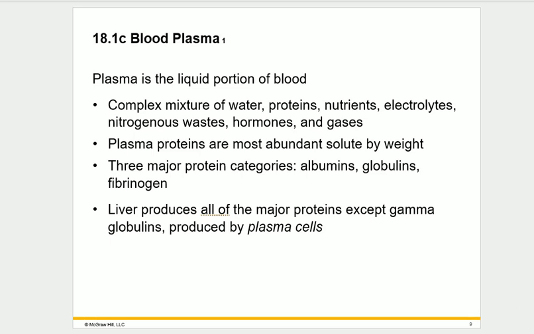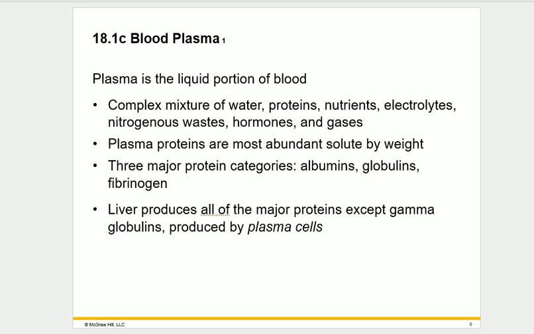So here we're discussing blood plasma, which is the liquid portion of our blood, not the formed elements. So the major component here is going to be the plasma proteins, and they play a variety of roles, including clotting, defending against different pathogens, so invaders, anything viral, bacterial, fungal, anything that can be seen as an invader to the body. And they transport other solutes such as iron, copper, other lipids,